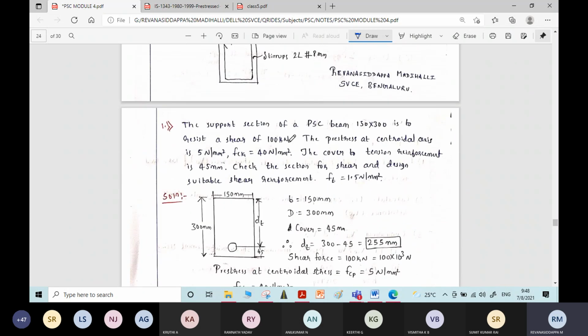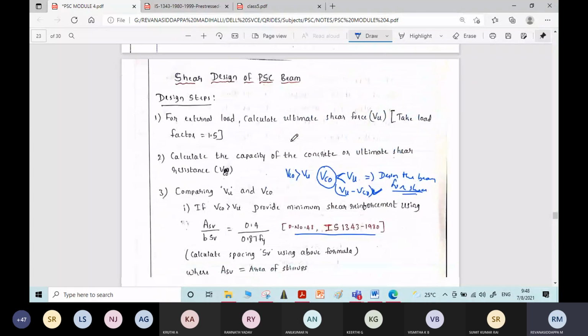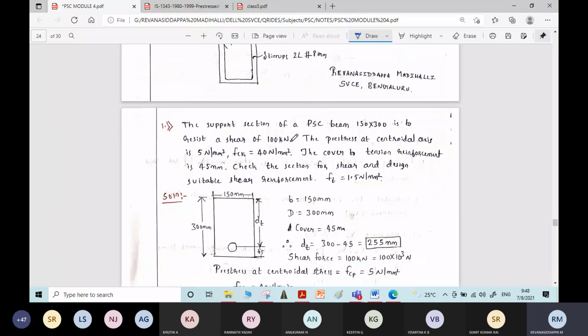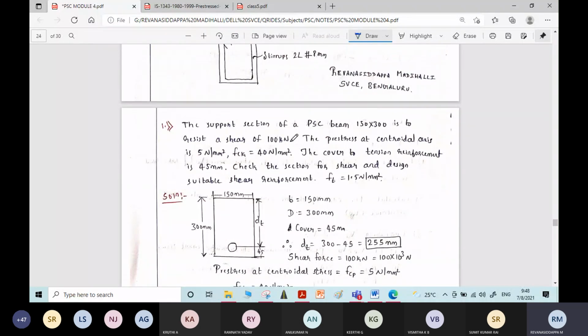We will solve a design problem now. Write the first problem and try to solve it on your own. I have a meeting for a few minutes. I'll attend the meeting and join back in a few minutes. You keep solving that problem, try yourself. I have explained the procedure. You open the soft copy of the code book and follow the procedure I have explained. Try to design on your own. Write the problem and keep solving. I'll join back.